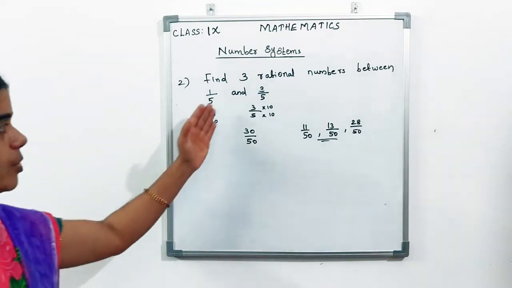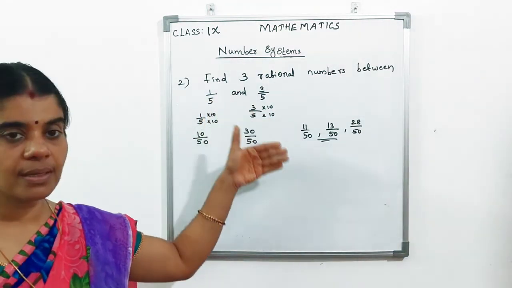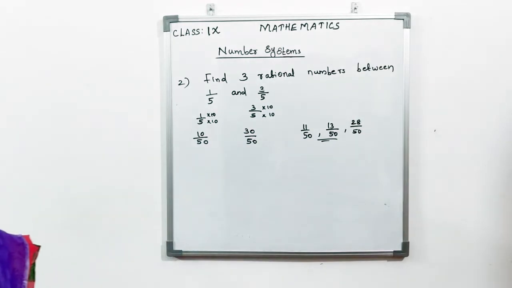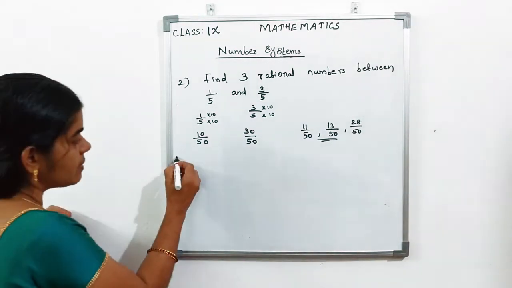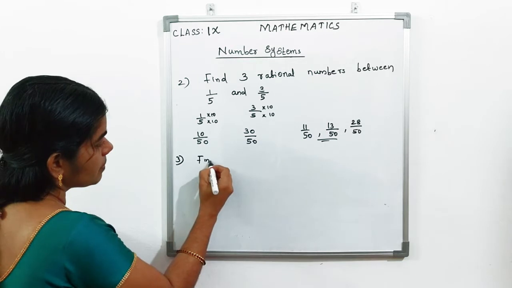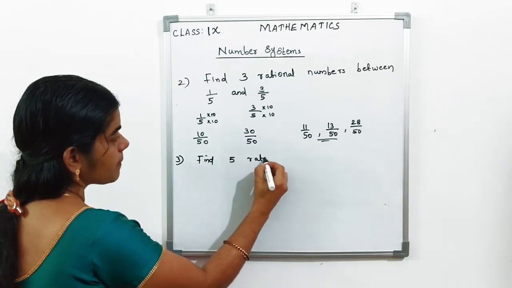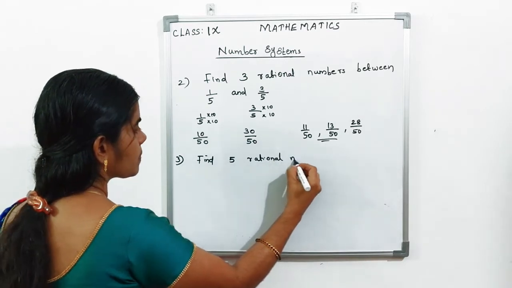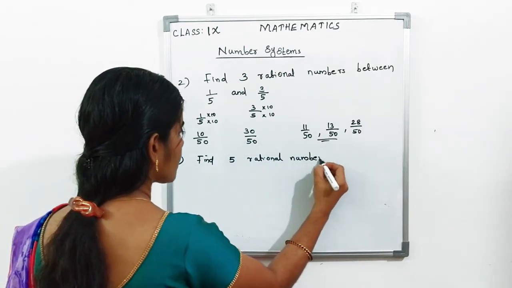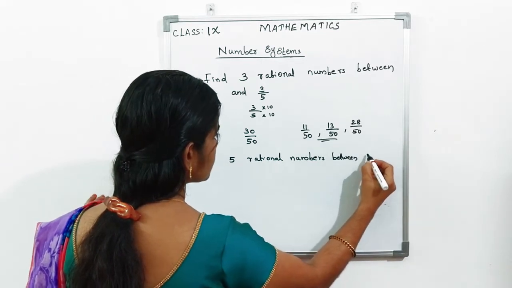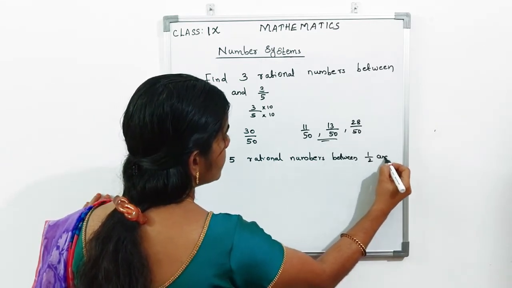Here the denominator is same. That's why no problem. You can multiply the numerator and the denominator with the same numbers. Suppose that find 5 rational numbers between 1 by 2 and